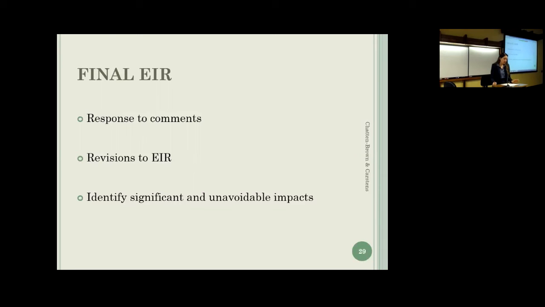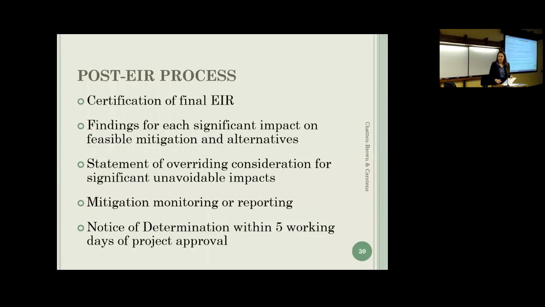And then the final EIR should also identify, after all of these changes have been made and the comments have been responded to, what are, if any, significant and unavoidable impacts. There are the significant impacts that can be mitigated to a less than significant level, and there are these others that are considered the significant and unavoidable. And the final EIR does not need to be circulated for public comment.